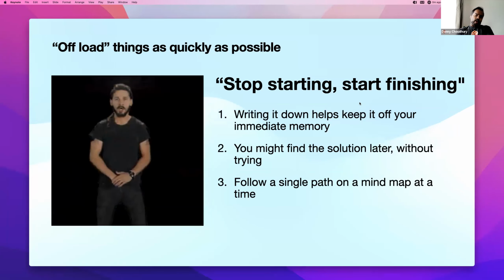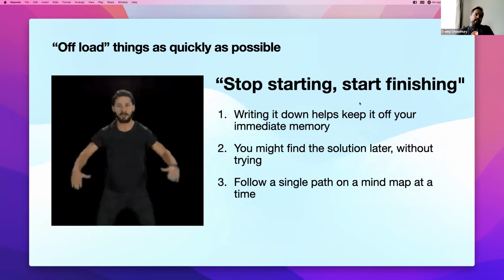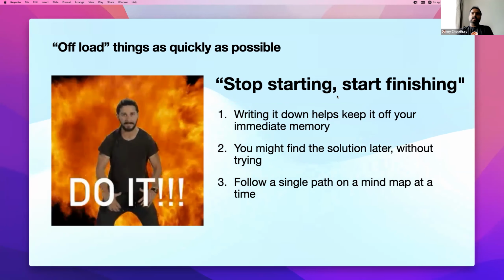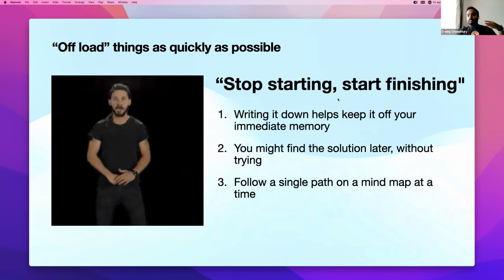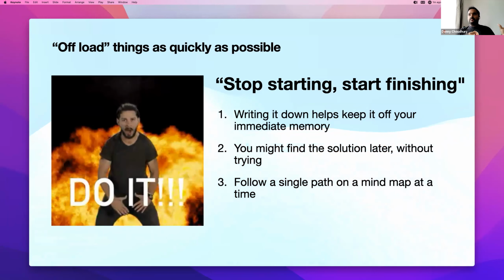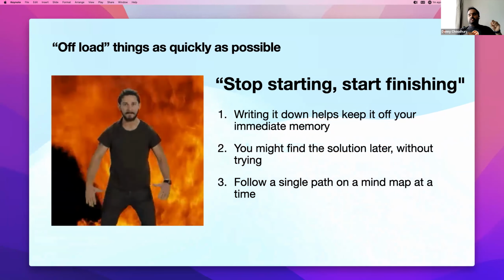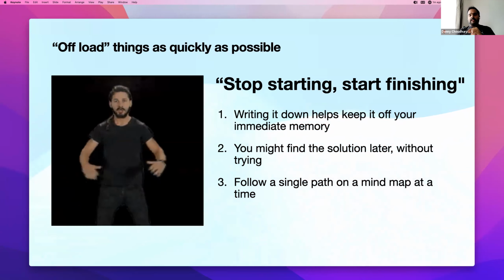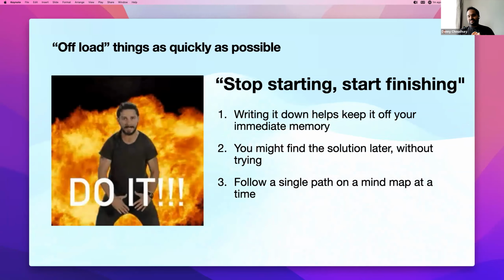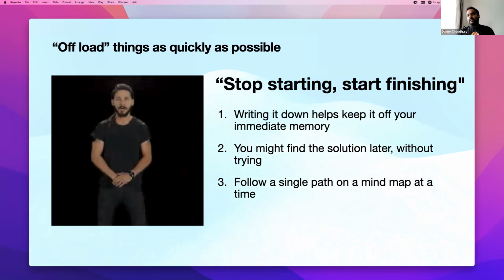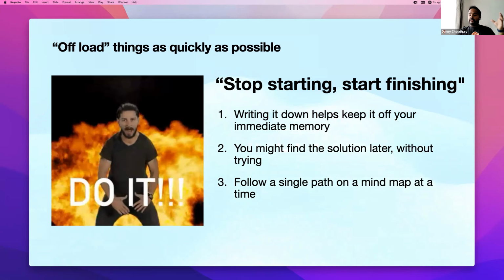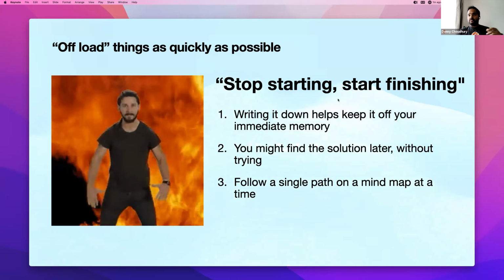So this comes from an old Scrum Master I used to have. This really holds true when it comes to this sort of thing. Stop starting, start finishing. Stop trying to explore all of these unknowns that we have, and just pick one and try and get that to the end. And you don't need to solve every single leg, because with something this big, for one person, it's quite a challenge. Writing it down either as a mind map or as a list really helps